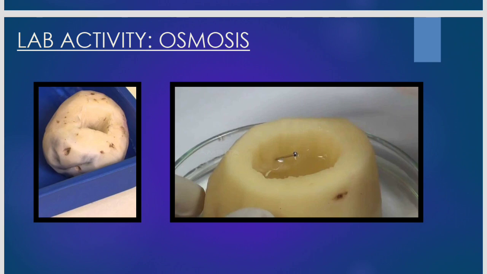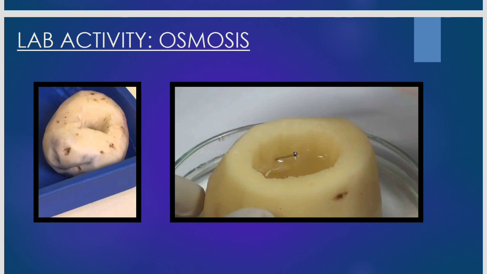Now another activity to study osmosis is the potato activity, where we take a potato. As you can see, we can make a cut in it as shown in the slide. We take a raw potato. Materials required are one raw potato, beaker, bowl, two pins, water and a sharp knife. First we take a potato. You can also do it with a boiled potato. We peel it and cut it in the shape of a cup as shown.